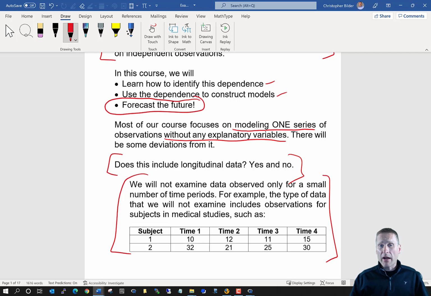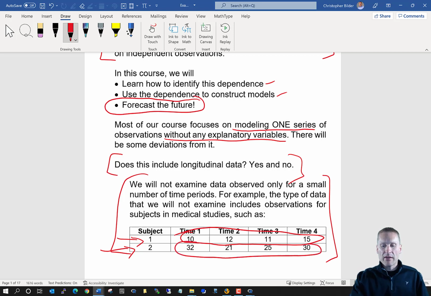So for example, it might follow a similar situation like this that you typically see, like maybe in a clinical trial setting, where, let's say, for person or subject number 1 in a clinical trial, you observe some data on them at time 1, time 2, time 3, and time 4. Maybe just only 4 different time points. For subject number 2, you do exactly the same thing. Now, in this particular case, we would expect for subject number 1, these observations to be dependent on one another. For subject number 2, these observations dependent on one another, and so on.